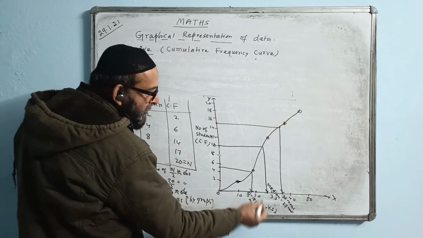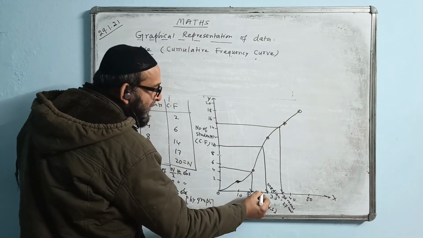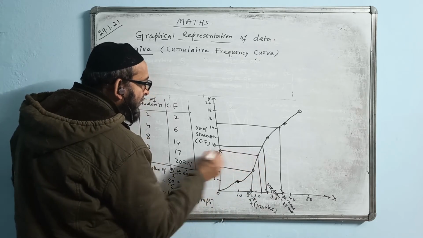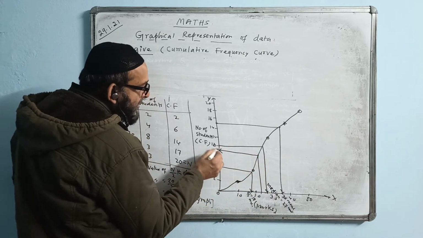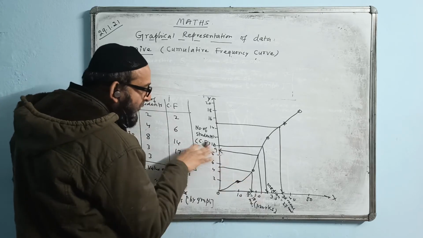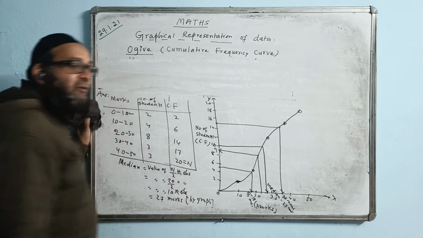The 24 marks value is down here. So 24 marks is here. From down here we will start like this and bring it to the number of students here. Suppose I guess this is coming 9. That means 9 students are getting marks less than 24. That means 9 students are failing.